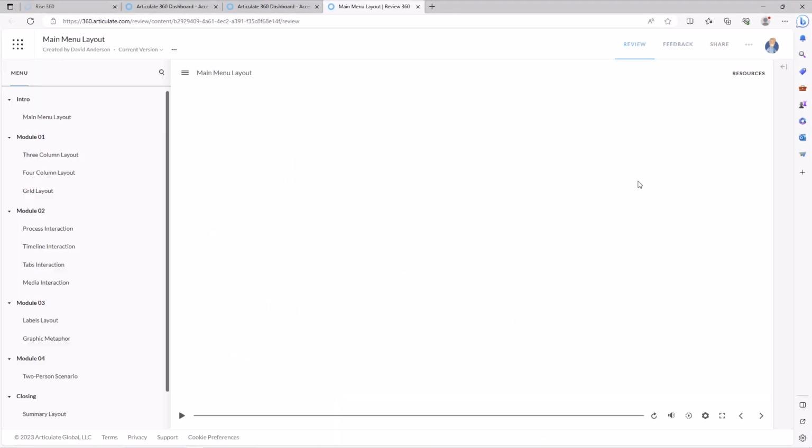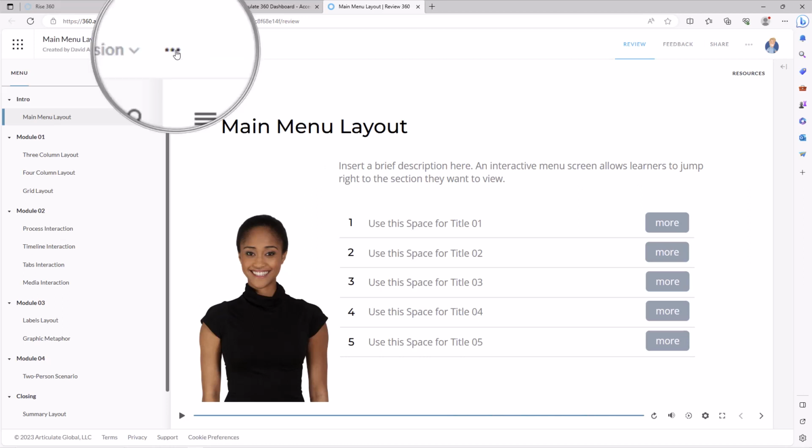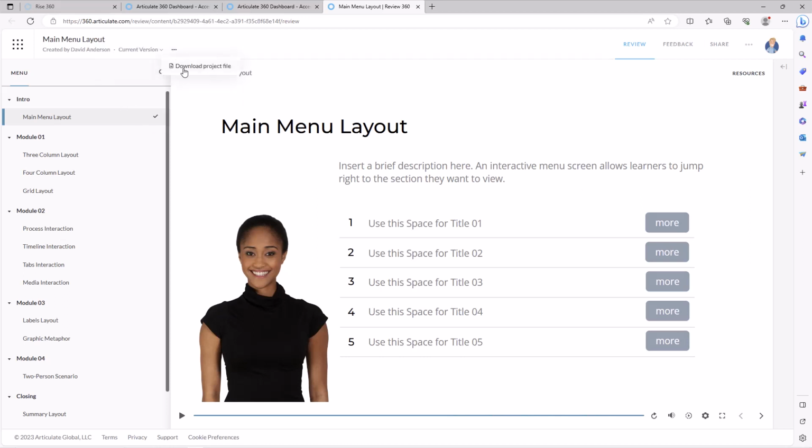So not only has the course been published to Review, but I'll have access to my source file. You click the little ellipsis right here, three little buttons, and now I can download the project file. So it's going to download the entire project file for either backup or archive purposes. What's really neat here is every time you repost to Review and you have your different versions, that current version of the file will be included with the version.